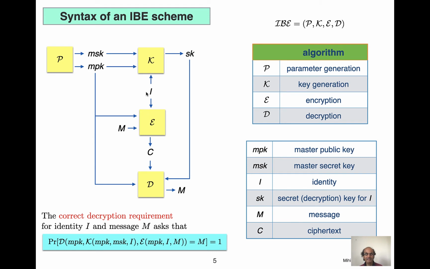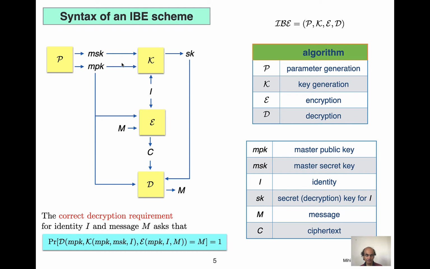The identity is provided to the trusted authority who runs a key generation algorithm. This uses the master secret key together with the master public key, and based on them derives a decryption key specific to this identity. And then the decryptor here gets that decryption key and can recover the message. Okay, so decryption keys are associated to identities. Different identities will have different ones, but to produce such a decryption key, you need the master secret key over